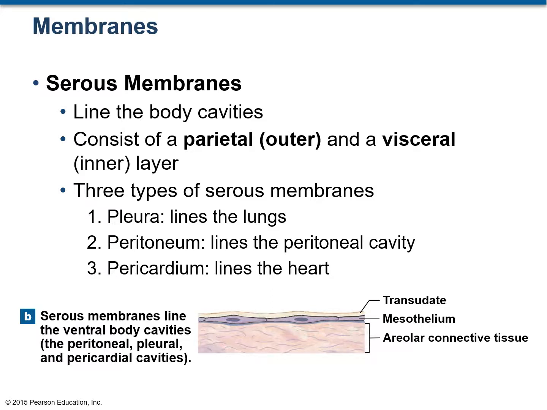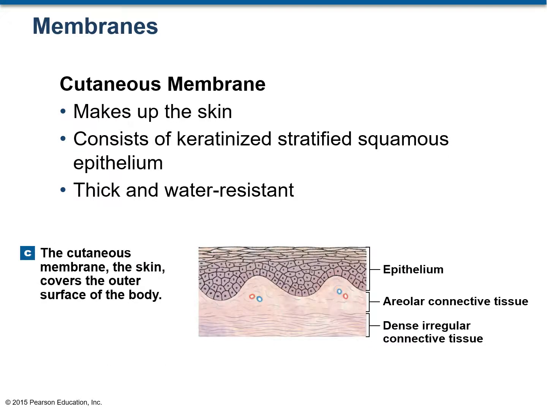Now, an important point of difference between mucous membranes and serous membranes is mucous membranes usually line those tubes or cavities inside the body which open to the exterior. So that's why you have all of the tracts, such as the respiratory, the reproductive or digestive tract, containing the mucous membrane, so that they can trap any incoming pathogens, while serous membranes usually cover cavities which do not open to the exterior, and that's why they are present in the lining of the cavity around the lungs, around the heart and so on. The third type of membrane is cutaneous membrane.